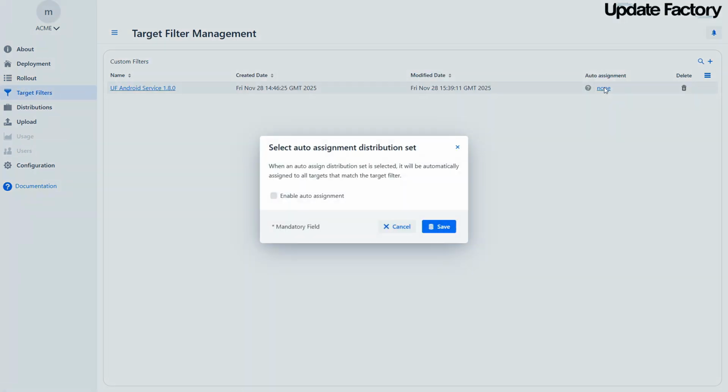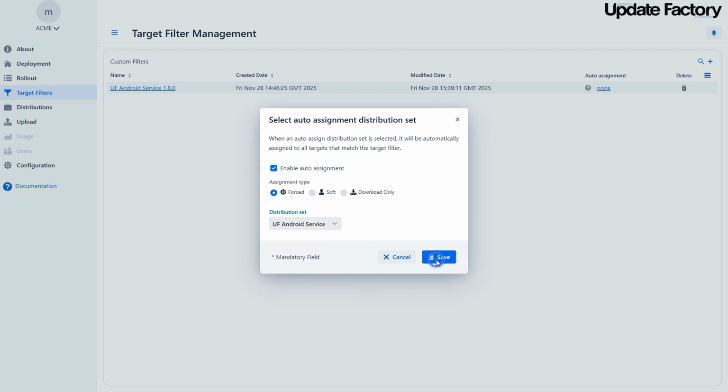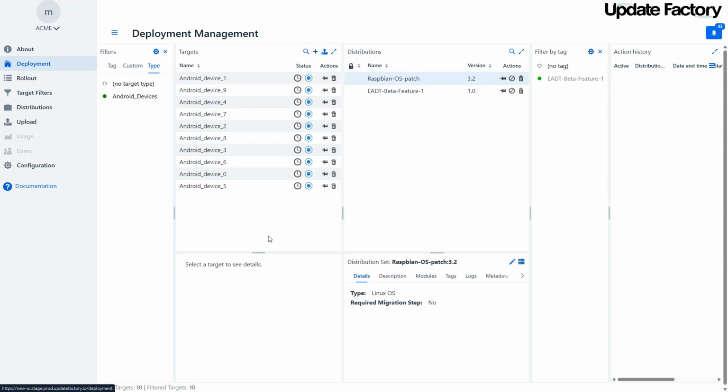Auto-assignment takes automation further by continuously monitoring devices that match your filters and automatically assigning the appropriate updates. Imagine a company expanding rapidly and onboarding new devices daily. Auto-assignment guarantees every new device instantly receives the correct software without manual effort, ensuring compliance and saving valuable IT resources